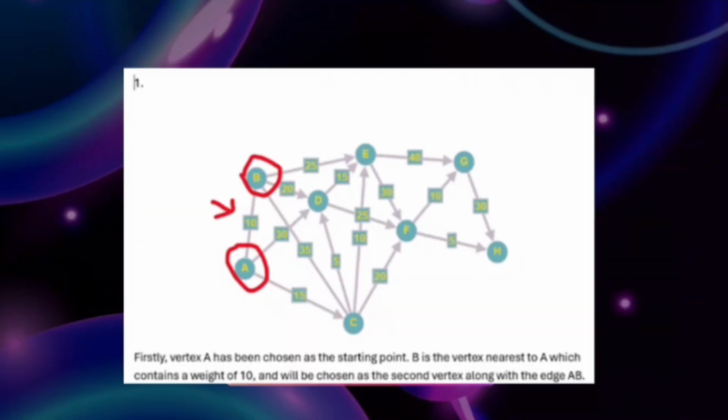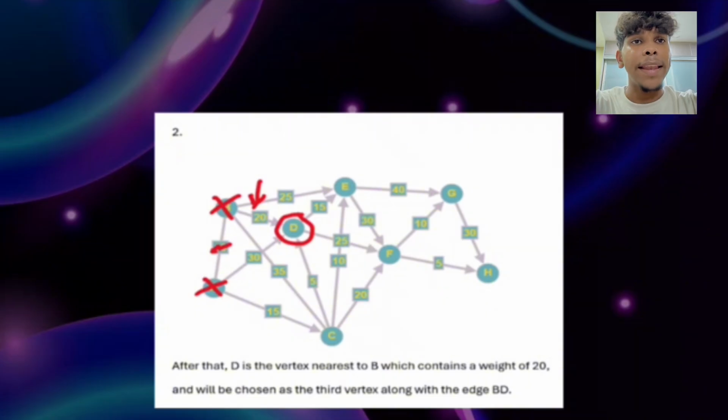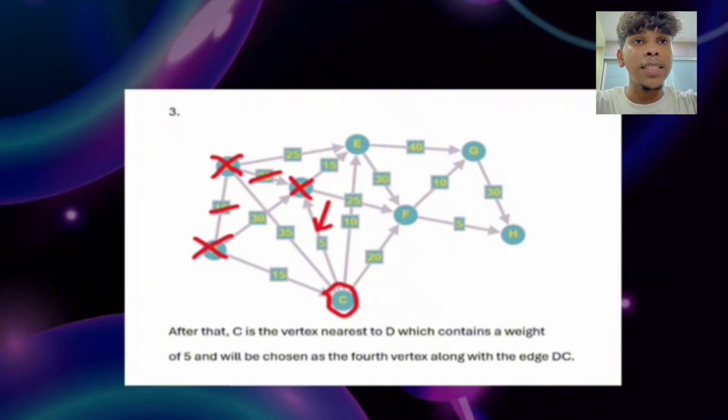As the first step of Prim's algorithm, vertex A has been chosen as the starting point of the graph. After that, B is the vertex nearest to A, which contains a weight of 10, and will be chosen as the second vertex along with edge AB. After that, D is the vertex nearest to B, which contains a weight of 20 and will be chosen as the third vertex along with the edge BD. After that, C is the vertex nearest to D, which contains a weight of 5 and will be chosen as the fourth vertex along with the edge